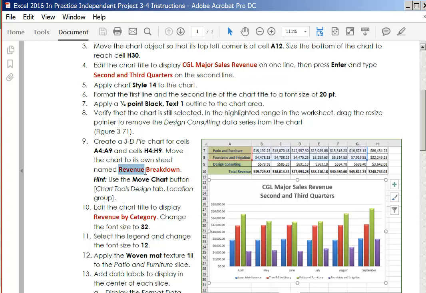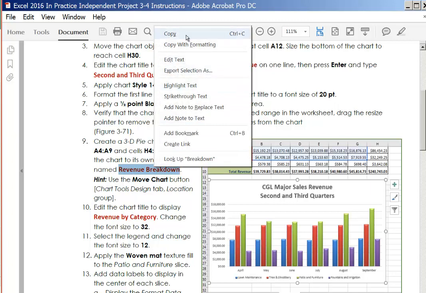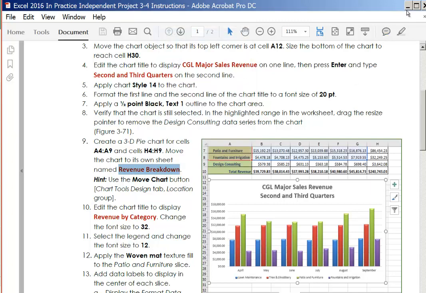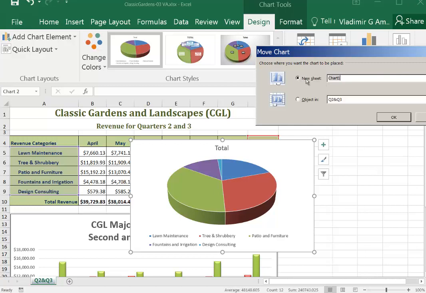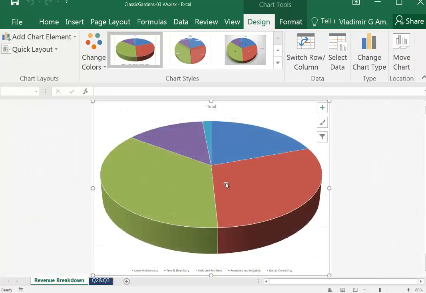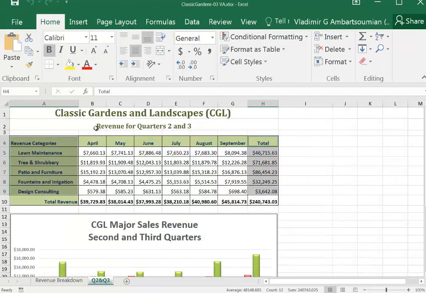It's going to have its own sheet named revenue breakdown. Move chart. You see it's still selected, so we have the appropriate contextual tab. Move chart to the new sheet with this name. Okay, so you can see that once again the row headers by default went into the legend. Sometimes you see people select this